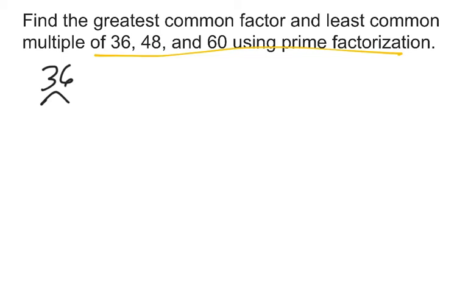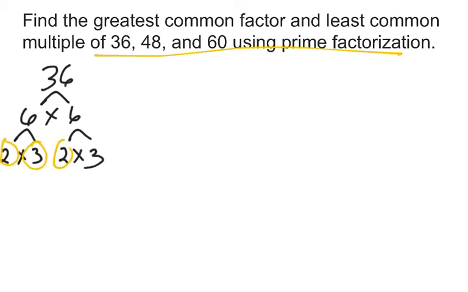And I, of course, can factor that into 6 times 6, both of which are composite and can be factored further. 2 times 3 is 6. 2 times 3 is 6. So now I have my prime factorization of 36. Now looking at 48,